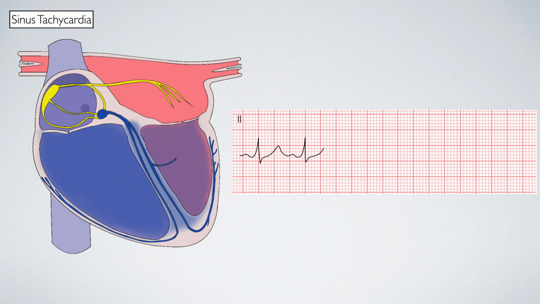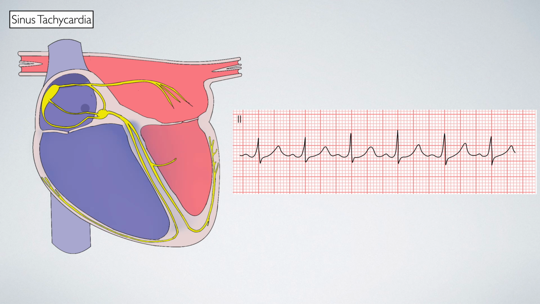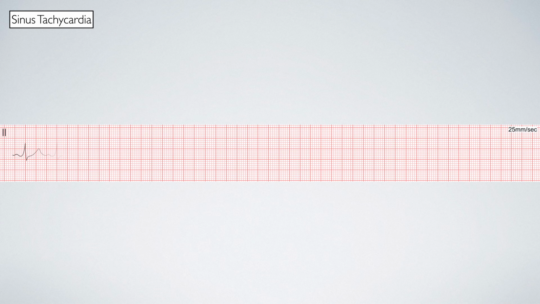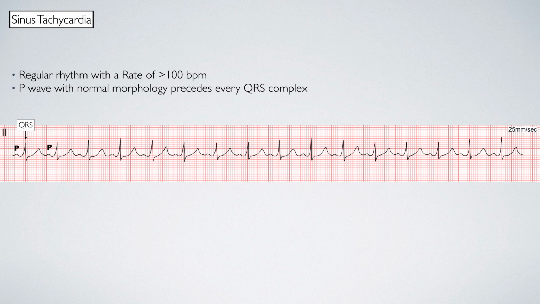In sinus tachycardia, we therefore get P waves, QRS complexes, and T waves, but they just occur at a faster rate. To confirm the diagnosis of sinus tachycardia, the rhythm must be regular, meaning that the R waves are equally spaced. The ventricular rate must be greater than 100 beats per minute. The P waves must have normal morphology and precede every QRS complex, and they must be positive or upright in